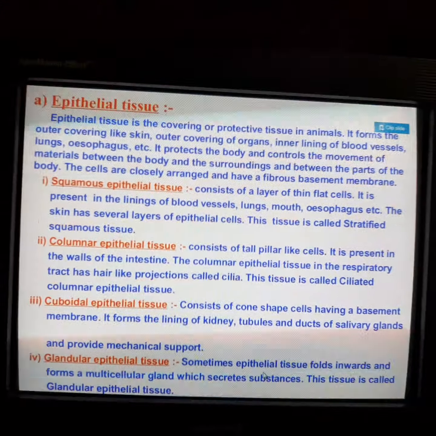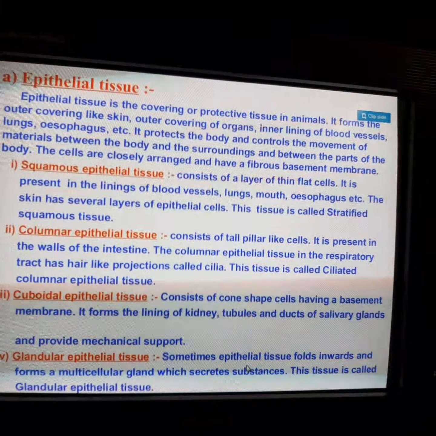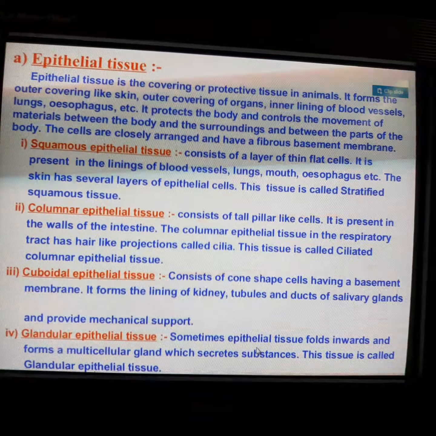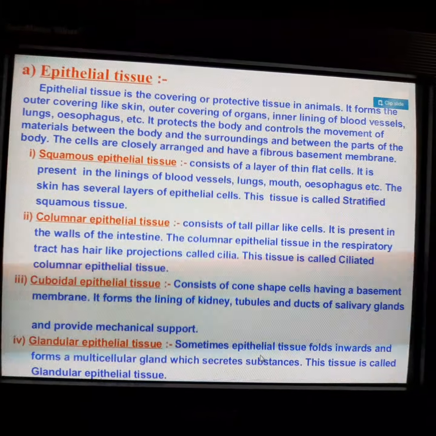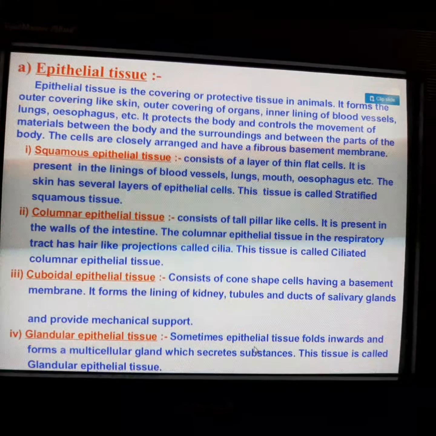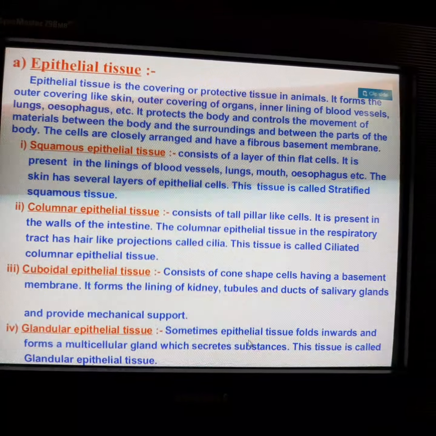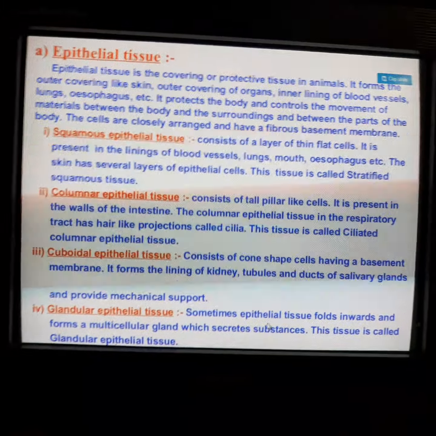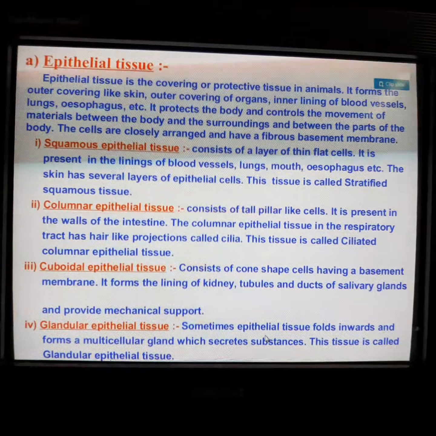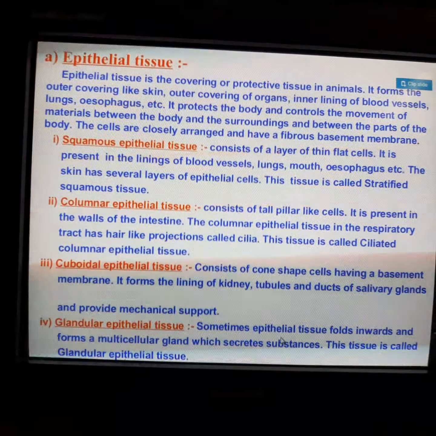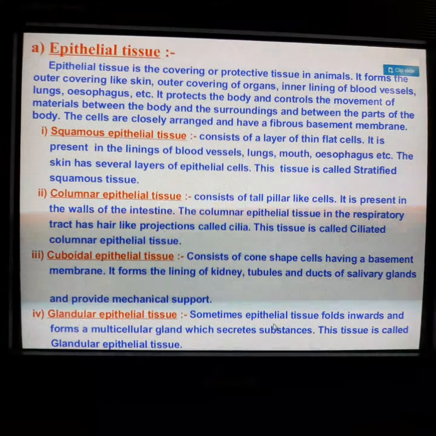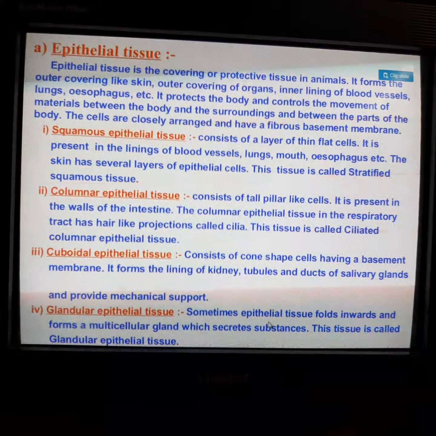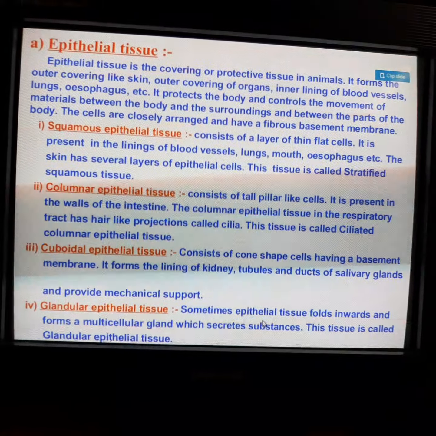Coming to the structure and function of the epithelial tissue, the main function is to act as a barrier and separate different organs and systems from each other. There is no space between the cells; since its function is protection, there are no intercellular spaces. This tissue is usually permeable in nature, that means it allows the exchange of different materials in and out through it. It remains separated from the tissues beneath them because of a thin membrane over them, which is a fibrous basement membrane.